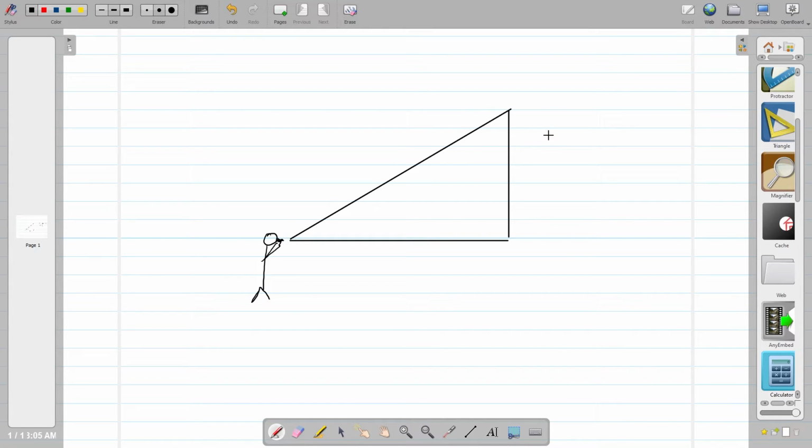And this is your tree, but Johnny has a certain amount of height to him, right? So when he's making that 90-degree angle, that's not going to give you the height of the entire tree. So they also give you